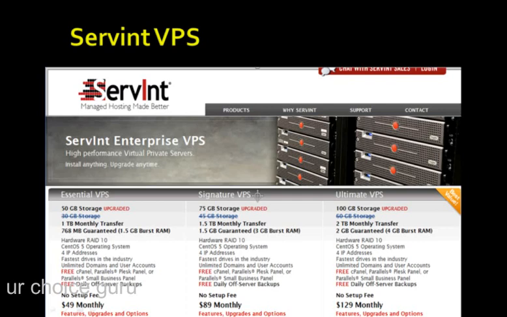You can always ask them to upgrade you to the Signature VPS and so forth. So if you're launching, you can always go with the Ultimate VPS, and then you find that you really don't need it. You can always ask them after the launch to go from the Ultimate VPS down to the Essential VPS. So Servant is very flexible,